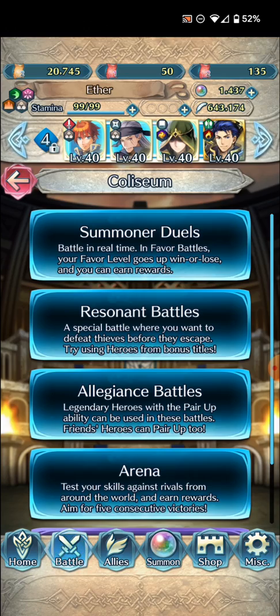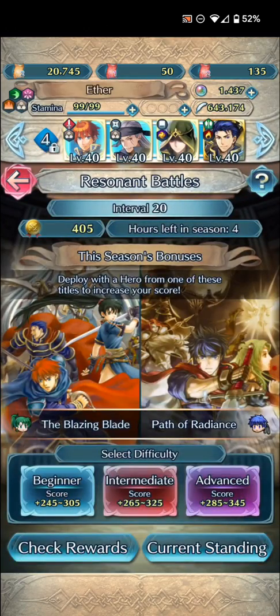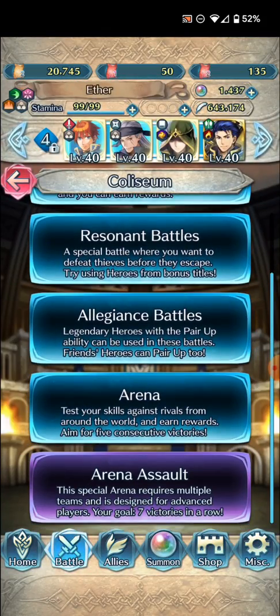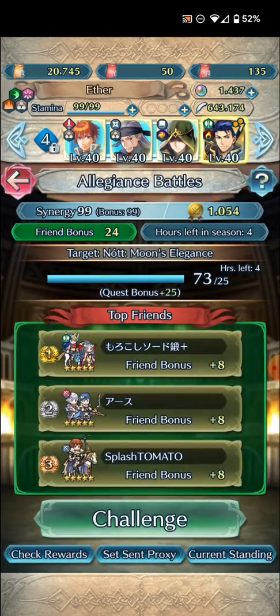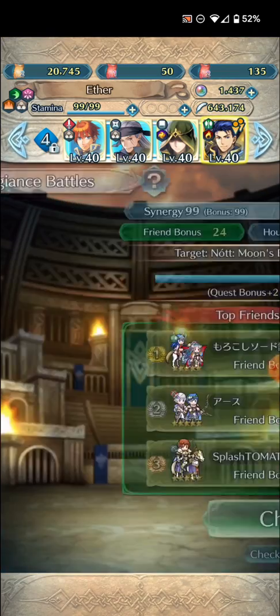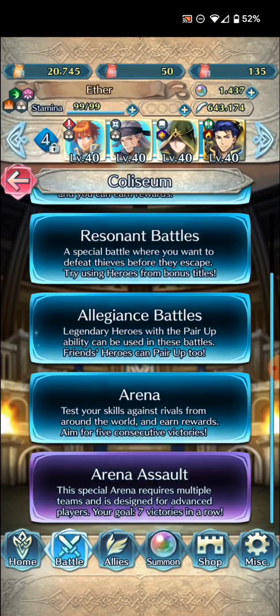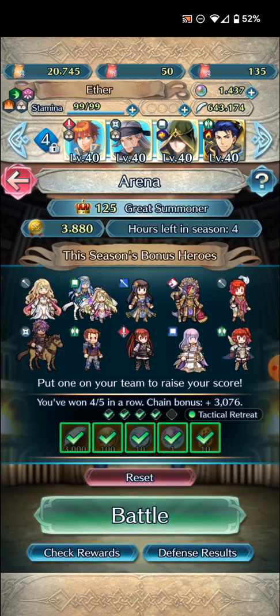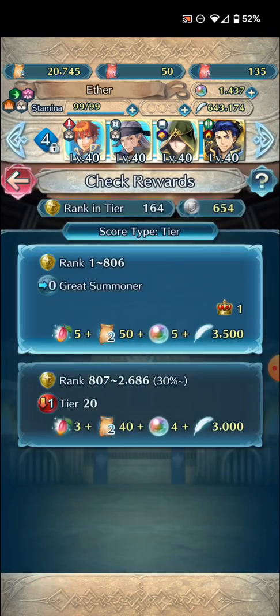The damage reduction with HP is too much for us, but Resonant Battles we've already seen, not anywhere near staying in level 20. Legion's Battles we're doing okay because it's Earth season, so we could use Earth Blessings to score decently. Arena